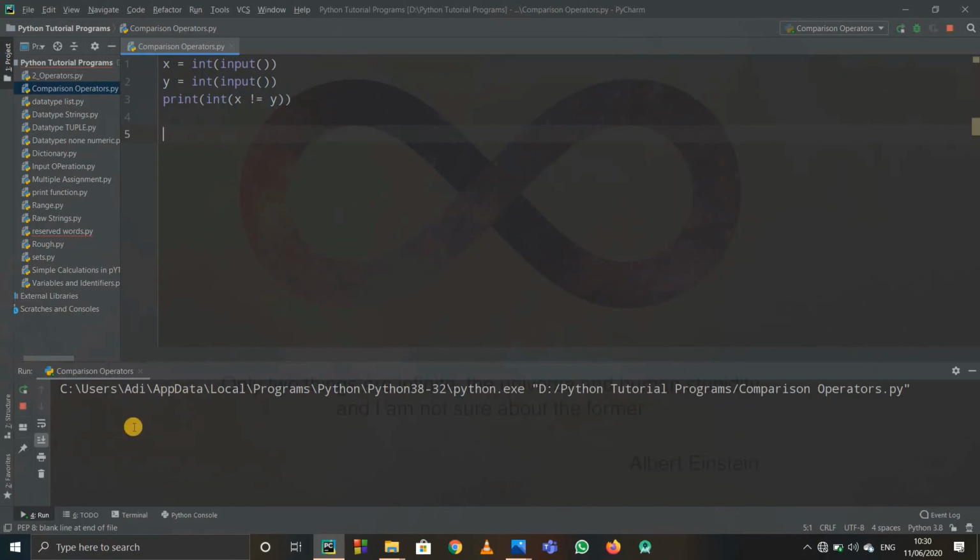If I run this program and write 3 and 5, obviously they are not equal, so this whole thing is true. The integer value of true is 1, so it printed 1. And if I write any two numbers that are equal, the not equal to case is not satisfied, so this whole thing is false. The integer value of false is 0, so it will print 0.